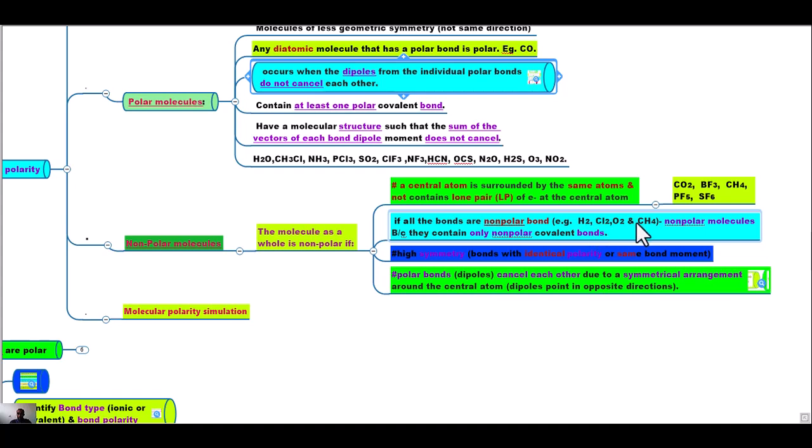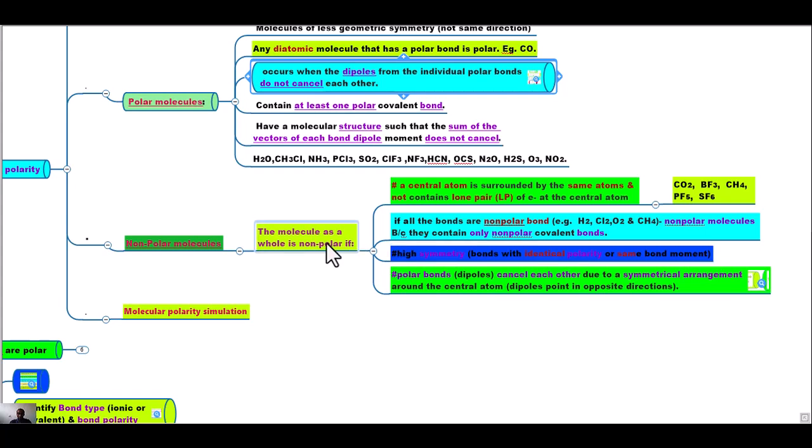For example, these molecules, because they contain only non-polar covalent bonds. Those molecules that contain only non-polar covalent bonds are non-polar molecules. Another thing is